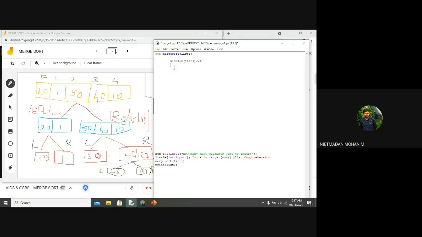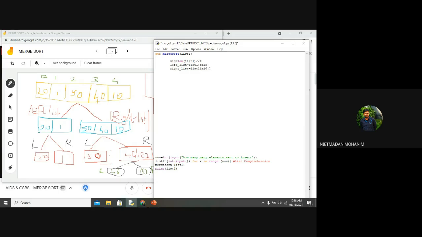So I am assigning another variable called left underscore list is equal to list 1 of colon mid, and right underscore list is equal to list 1 of mid colon.